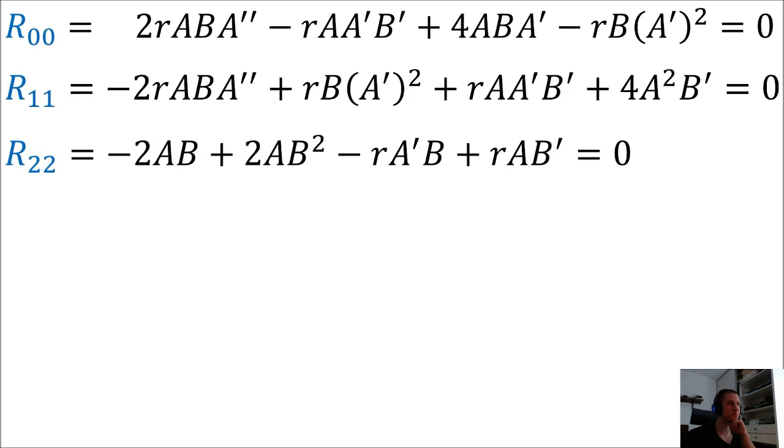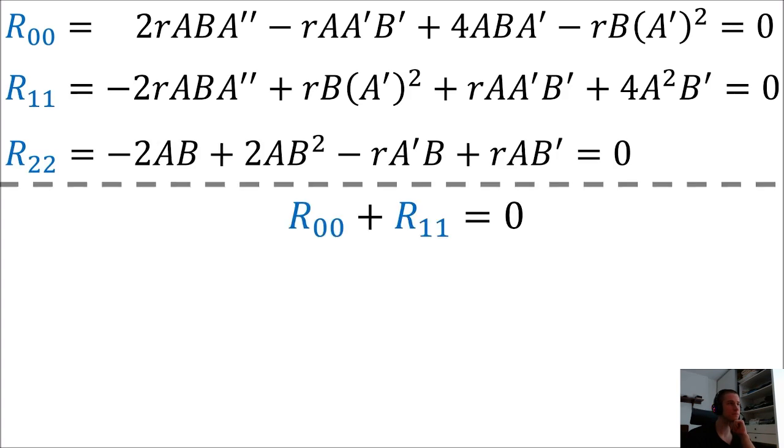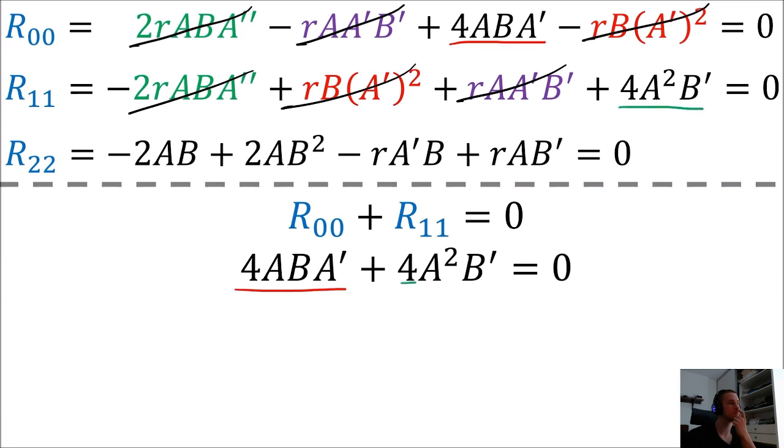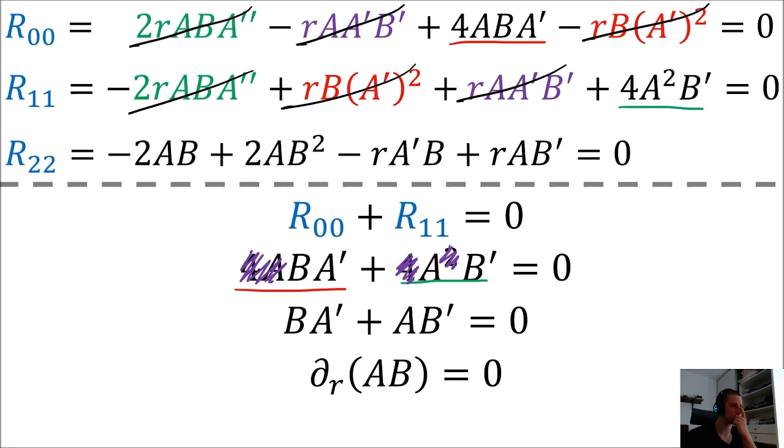So all these Ricci components equal 0. This means that if we add R00 and R11, the result should be 0. If we sum these terms in R00 and R11, these cancel, and these cancel. So we get 4ab prime plus 4a squared b prime equals 0. If we cancel 4a from both terms, we get ba prime plus ab prime. This is just the product rule result from the derivative of a times b. And since this derivative is 0, this tells us that a times b is a constant, which I'll call capital